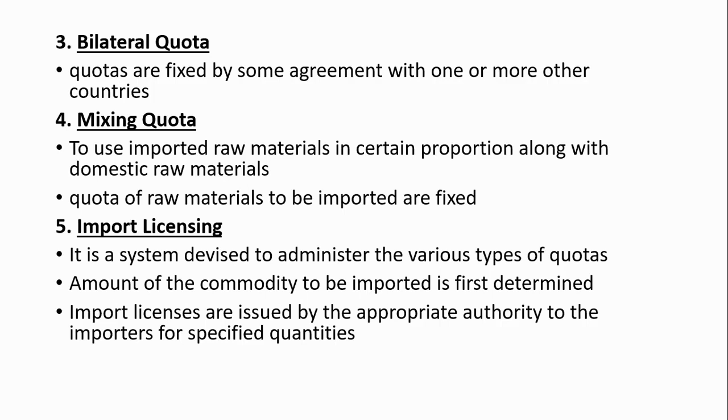Since it's fixed by negotiation, there is no scope for discrimination. Under the system, the fluctuation in imports is reduced and the prices of imports will also be reduced. Then it has a scope of avoiding monopolies, and this system is non-retaliatory. Since the quotas are mutually agreed between the countries, there is no scope for retaliation. So this system is non-retaliatory.